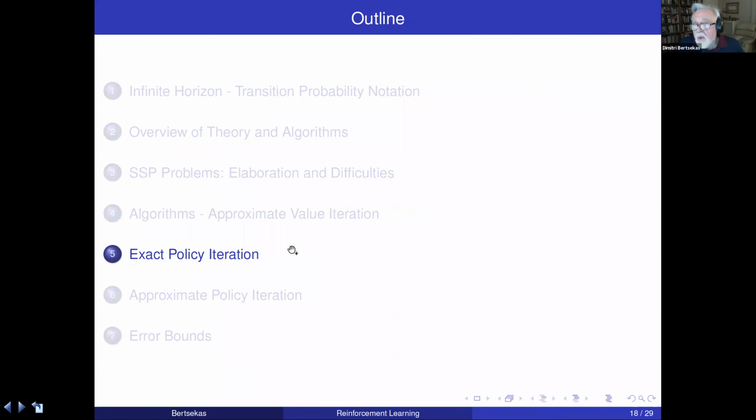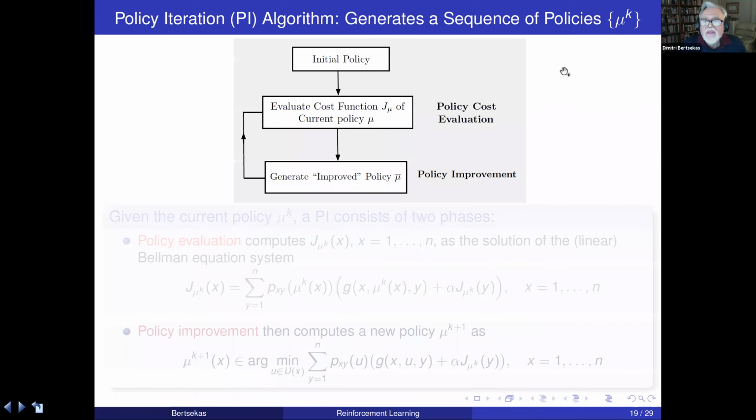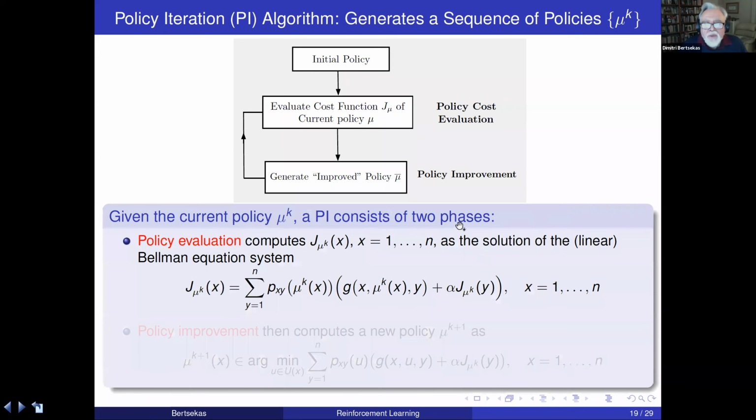Okay, so now let's go to policy iteration, which is the main workhorse algorithm for this course. We have seen it before. It generates a sequence of policies starting from a certain policy. We evaluate it in some way, and then we generate an improved policy by policy improvement, and we keep going around the loop. There are two phases: policy evaluation. For the current policy mu k, we do a policy evaluation by solving the system of Bellman equations corresponding to